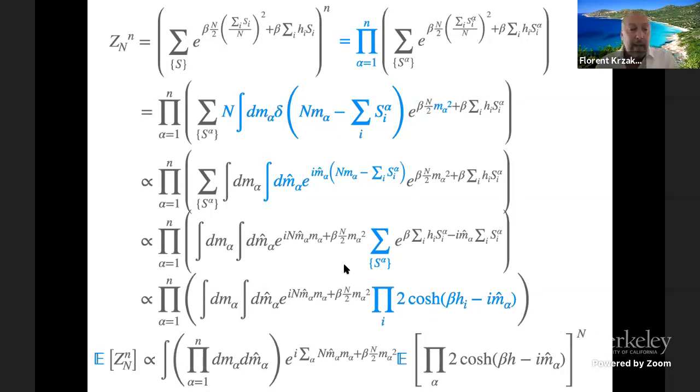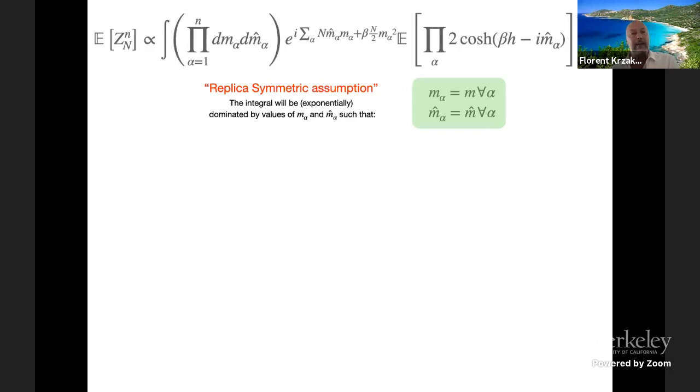So actually, right now, everything here is still okay. We didn't do any crazy mathematics. With a bit of effort, all this could be made rigorous, actually. But let's go to the next part. All right, the next part is to realize that we still have to do this integral here. And it's a very complicated integral, okay? It's n dimensional. And this is kind of funny because n eventually will go to 0. So, well, this is a weird thing.